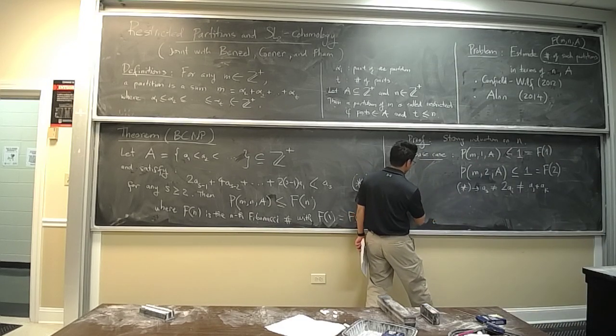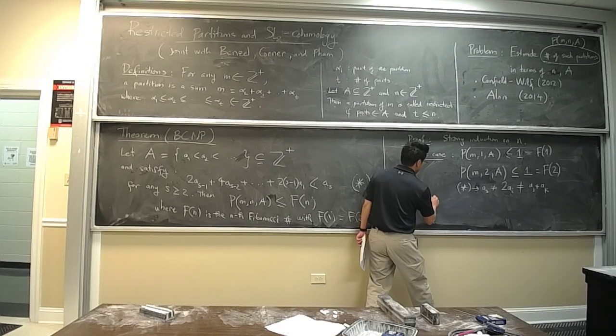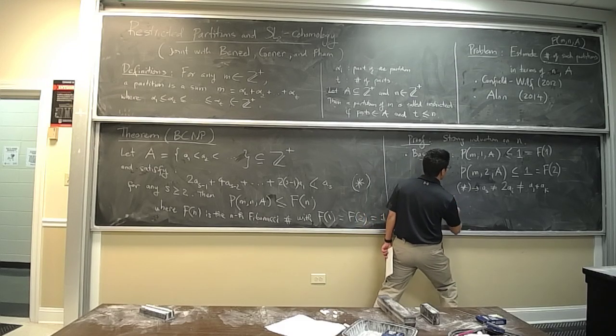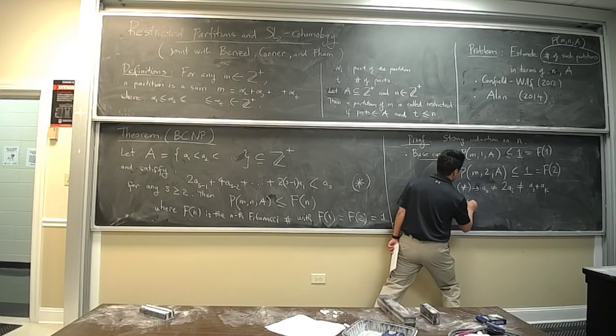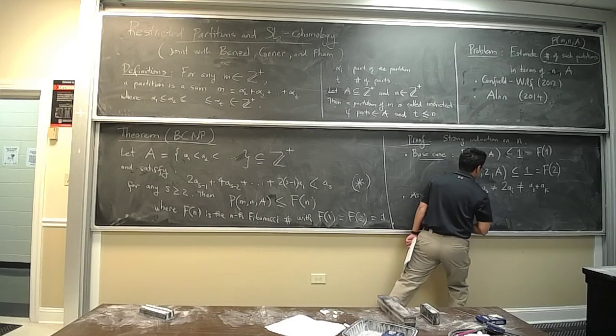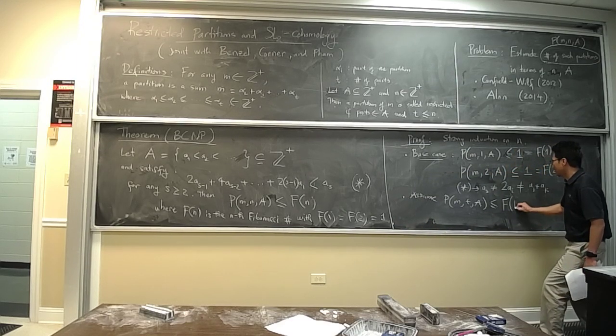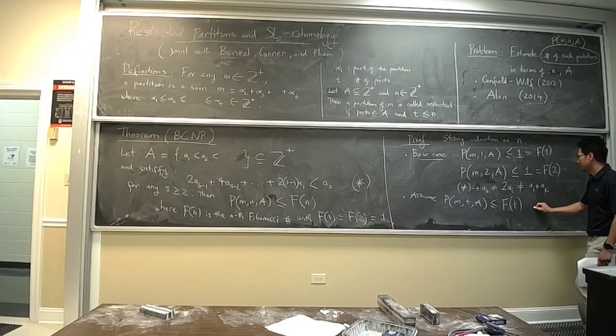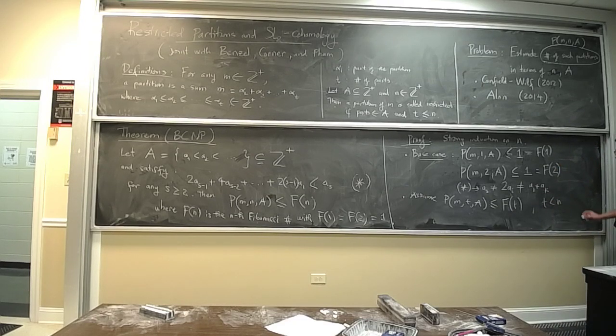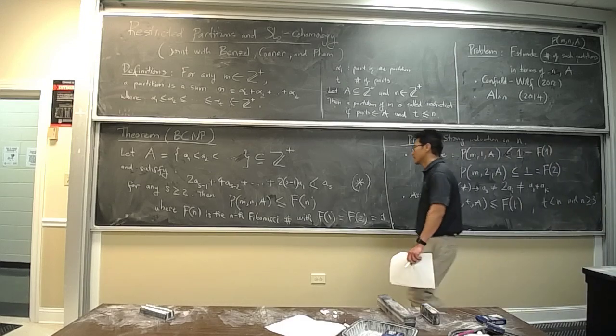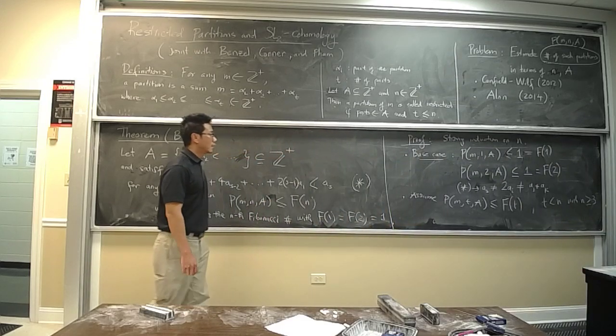Okay. Now we assume that the inequality is true for any t less than n, with n greater than or equal to 3, okay, because we already covered the first two cases. Okay. And now,